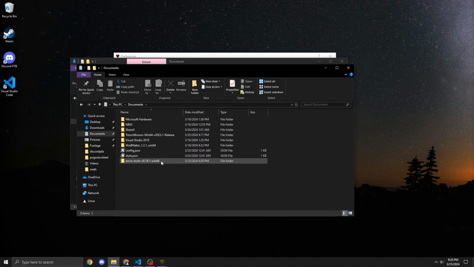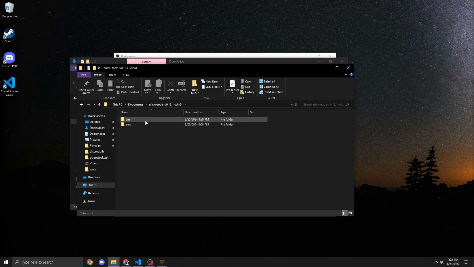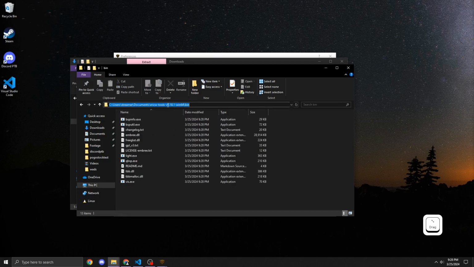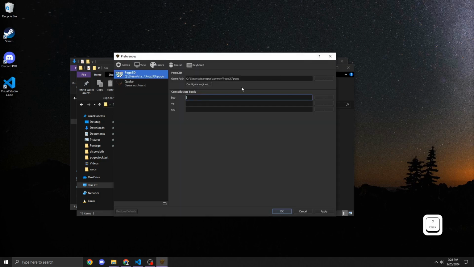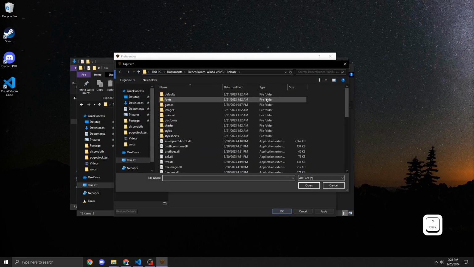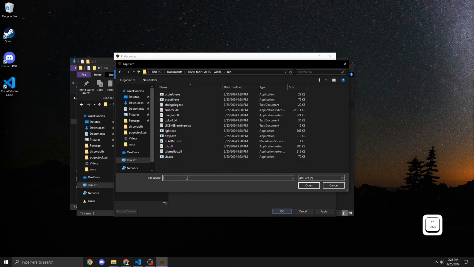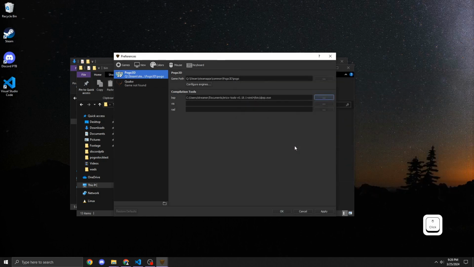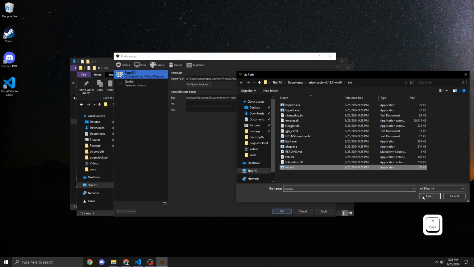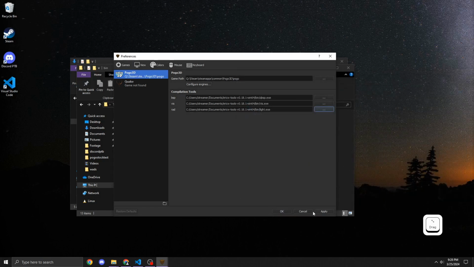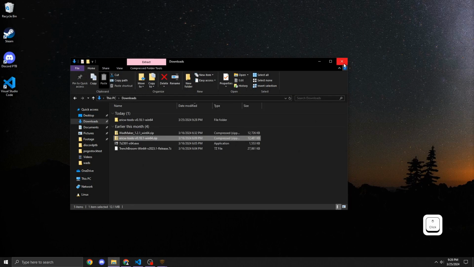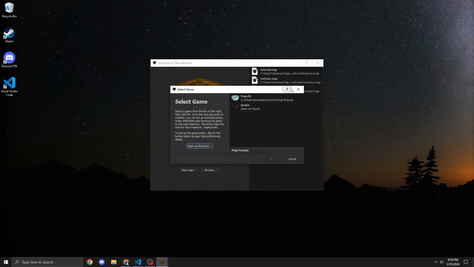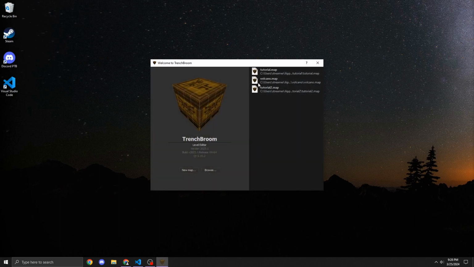Okay, now that we have Eric W Tools where it's going to live, we can go into the bin folder here, and I'm just going to copy this path, and I'm going to hit these 3 dots and then paste the path and hit enter. And now I'm going to select, for the BSP one, you're going to select QBSP. And for Viz, you're going to select Viz. And for Rad, you're going to select Light. And then OK. And now your TrenchBroom should be set up so when you launch it, open a new map